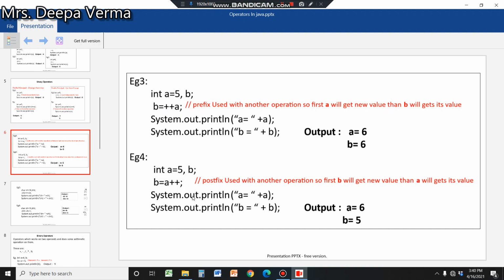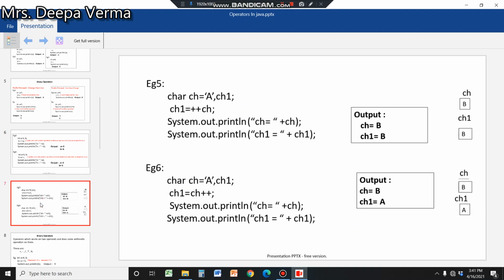But when we talk about the postfix operator, this is something to understand. Now b is equal to a plus plus. This line you are seeing, b is equal to a plus plus. When the postfix operator is there, first a will not increase. First a will be stored into b and then it will increase. So value of b is 5, but a is increasing by 1, so value of a is becoming 6. So when we print, a is 6 and b is 5. Why? Reason: postfix. First you store and then you increase.